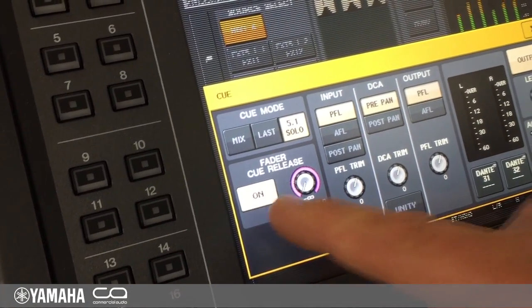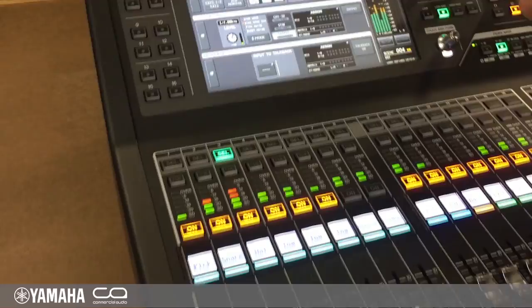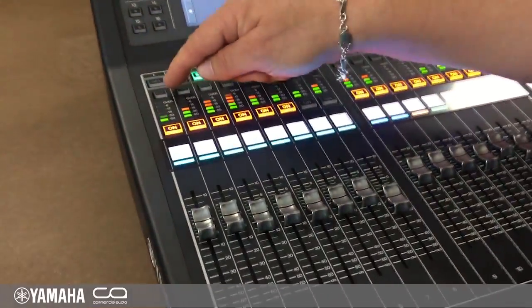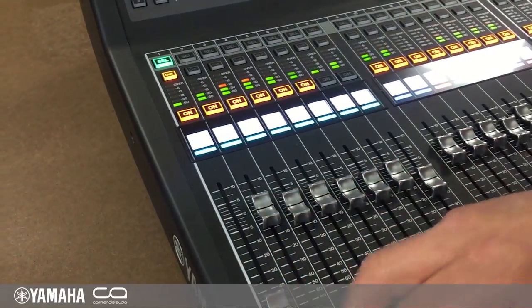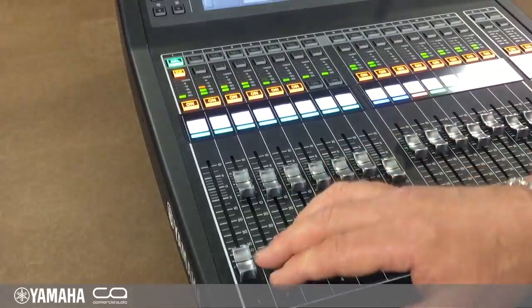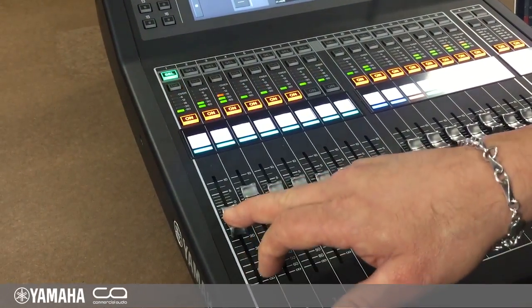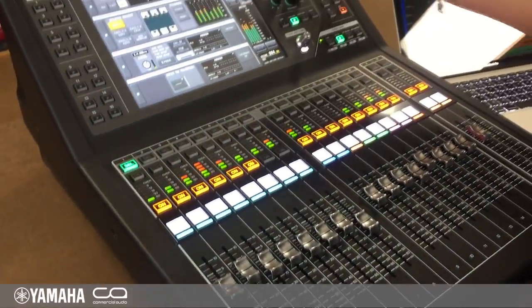You can take this on off and assign it to a user defined key, but when that's on, if you've got a channel selected, certainly the broadcast guys will know this, but if you have it on, when you cue a channel, imagine this is your talent and you've got it all the way down, you're getting ready to take it, you want to confirm you've got him, you got him, okay, you go. As soon as you move your fader, it jumps out of cue and you're back to monitoring your program.